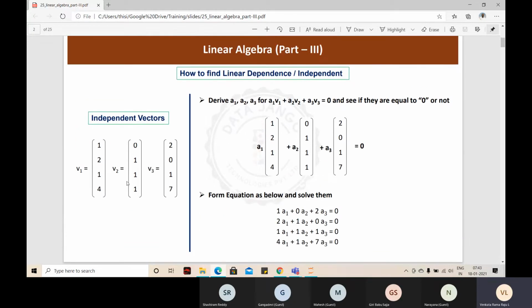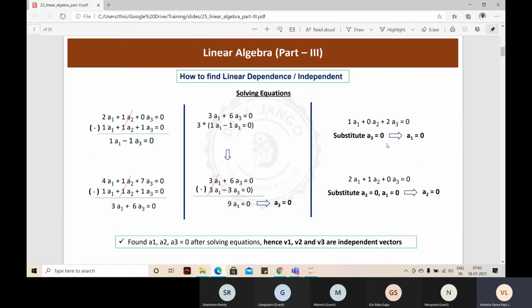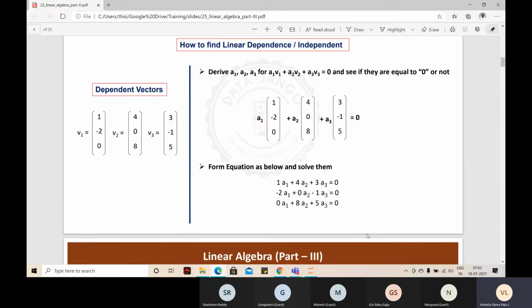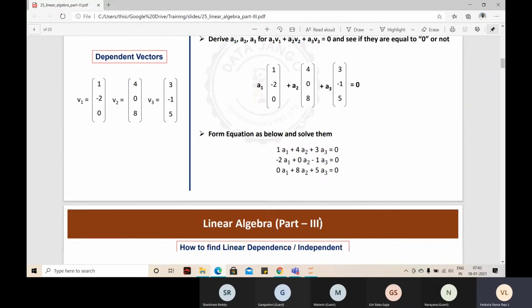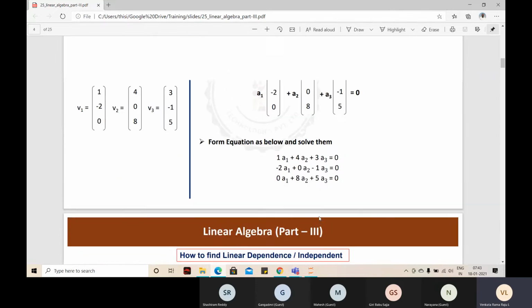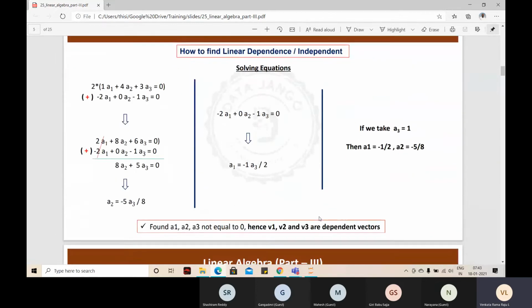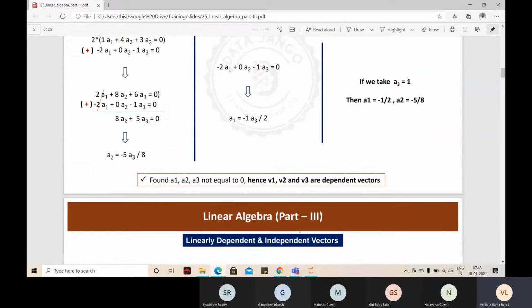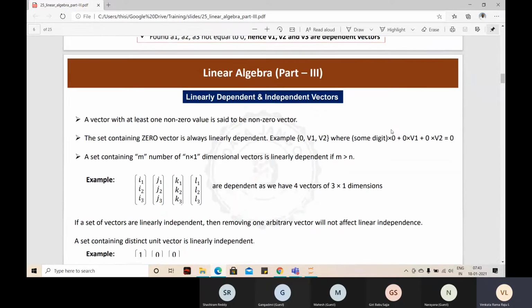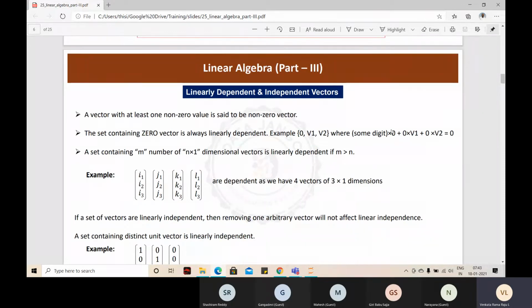How to check? You take vectors, form a linear combination, solve those equations, and find the coefficients. If all coefficients come out 0, you say independent. If some coefficients come out non-zero, you call it dependent. So I solved those equations and got some numbers here, so I'm saying it is dependent. Theoretically we wrote the same,